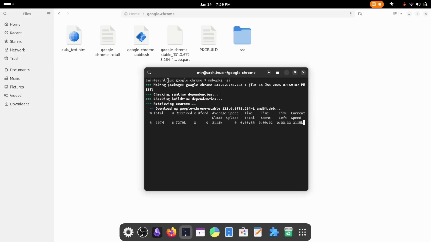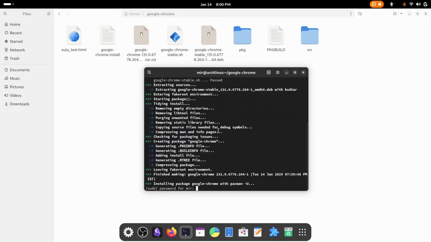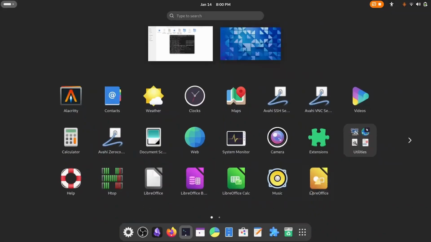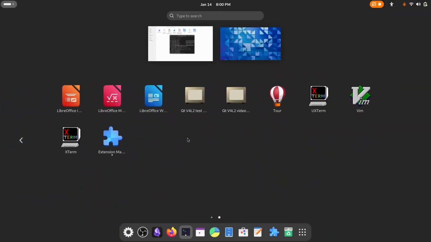This will build and install your Google Chrome on your machine. So now it's asking whether you want to install or not. Just type your password and Y. Now you can see here you will get Chrome.